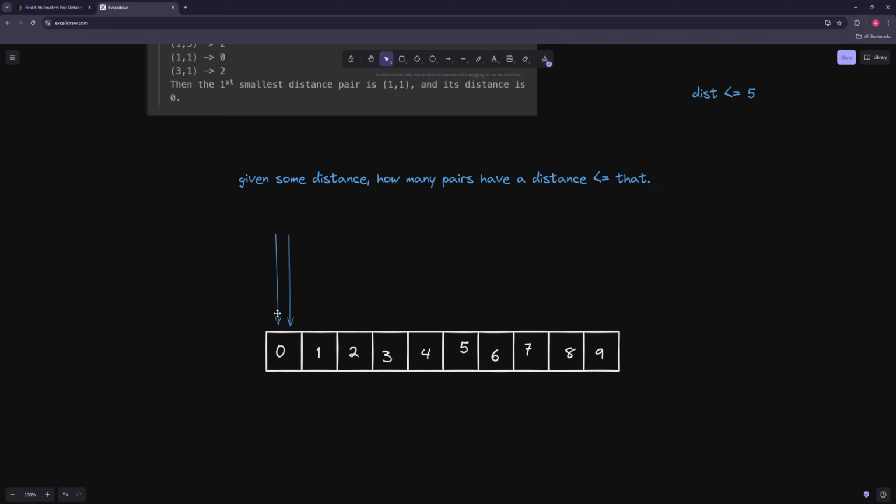Like where can the left pointer be where all the distances closer than that, or that are less than or equal to 5? So here, the left pointer will just stay here, and we'll just have no results. Okay. So here,